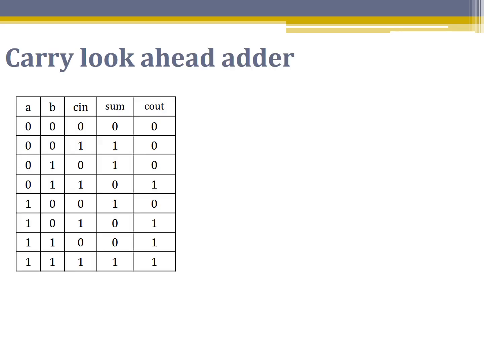Understand what is the carry look ahead adder mechanism. This is the same truth table of the full adder we have seen earlier, but now we are going to see the carry in a different manner. Let's make an observation. When A and B are 0, for the first two cases here, A and B both are 0, we can observe that the carry is also a 0. So we can say that when input A and B is 0, the cout is 0, that is, carry is being killed. So we can define a signal known as kill signal, which is equal to the combination of these two. So since both are 0, we have A bar into B bar.